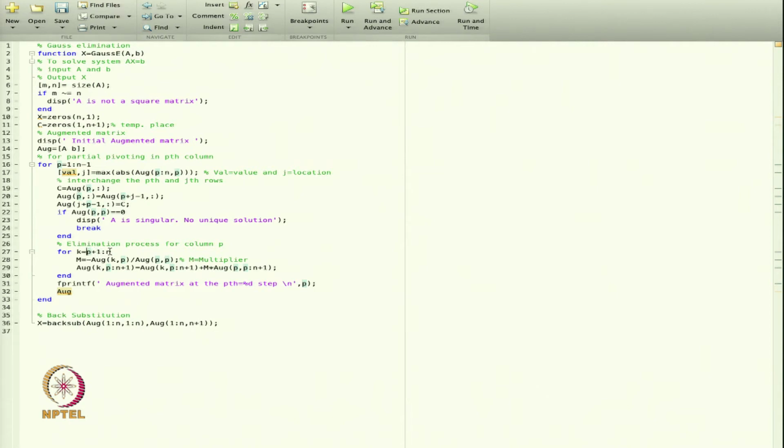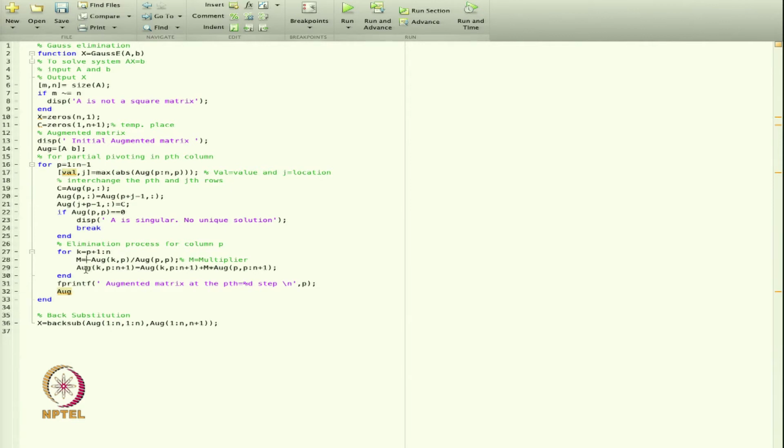Then this is my multiplier: minus the augmented matrix element k, p, divided by the pivot element, which for p equal to 1 is the element 1 1, and multiplied by that number with the minus sign.